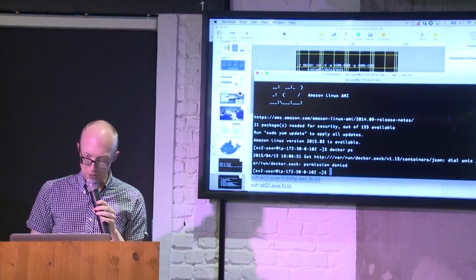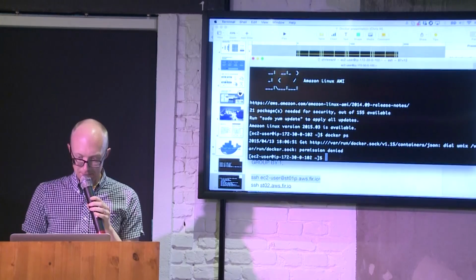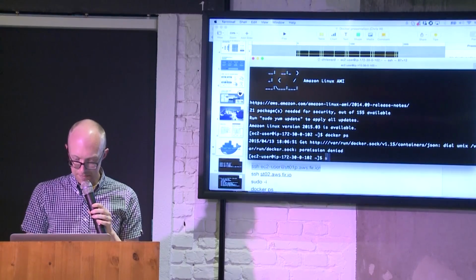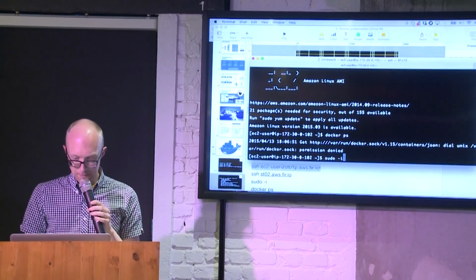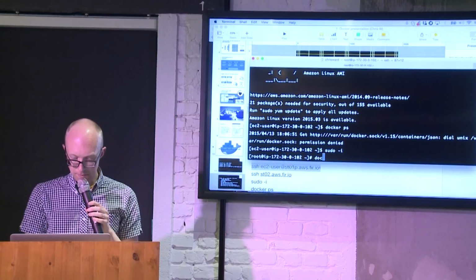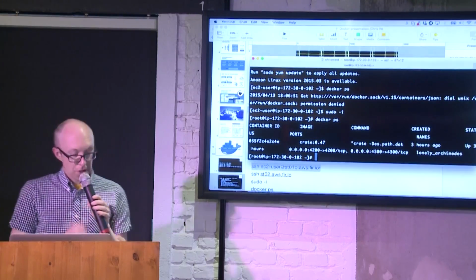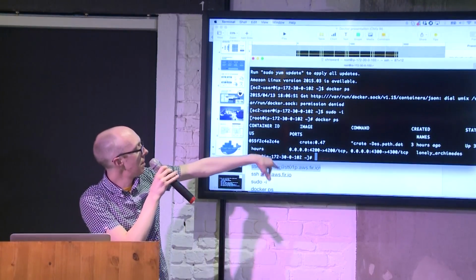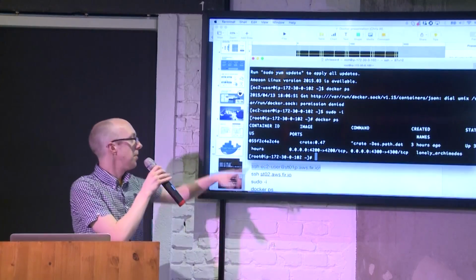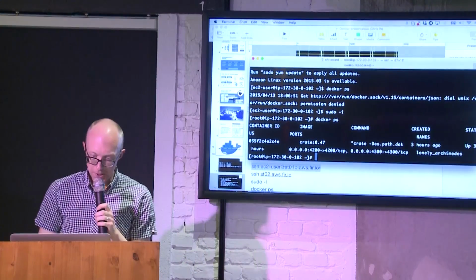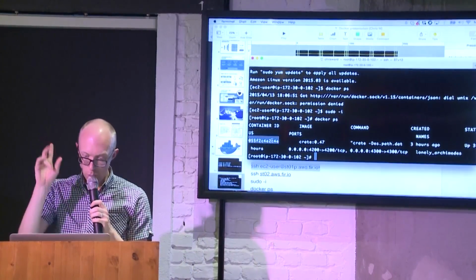Ah, yes, I've forgotten one step. So we can see this instance of Crate running on this AWS instance here. So what I'm going to do is I'm going to kill it. So we had 12, remember?